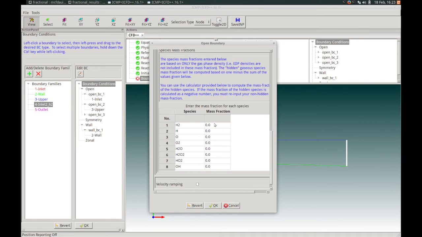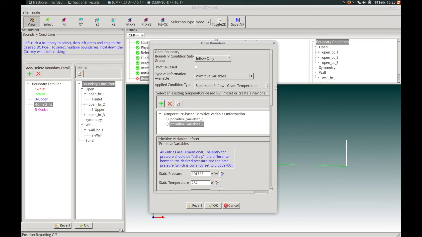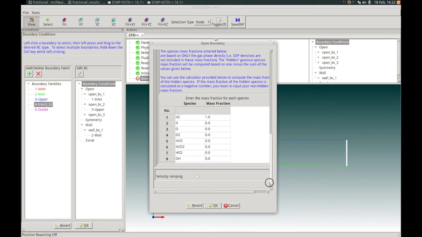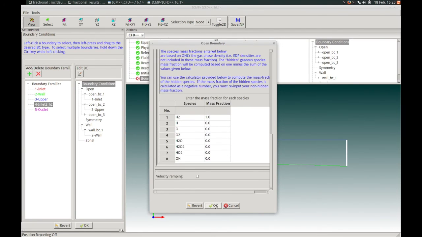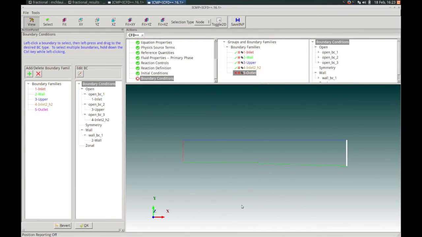Finally, we'll set the hydrogen mass fraction to be 1.0. Then press OK. So we have one less boundary condition to set.